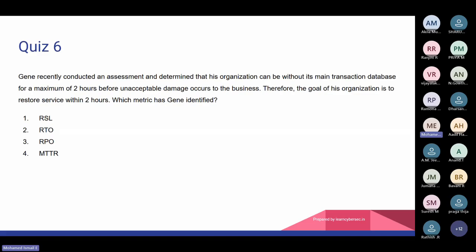If you go to ChatGPT and ask what is RTO, or if you just paste this question into ChatGPT, it will answer perfectly. So you have multiple things in hand. What you need is to take the exam outline, take the mind map which I am sharing in the WhatsApp chat, so you can get the topic list and understand each and every topic through various ways. You can ask ChatGPT, you can refer to Google or multiple blogs people have written about certified in cybersecurity. Take that option when you are free. So don't limit yourself to the resources I am giving, because the internet is wider. You have multiple options to read.